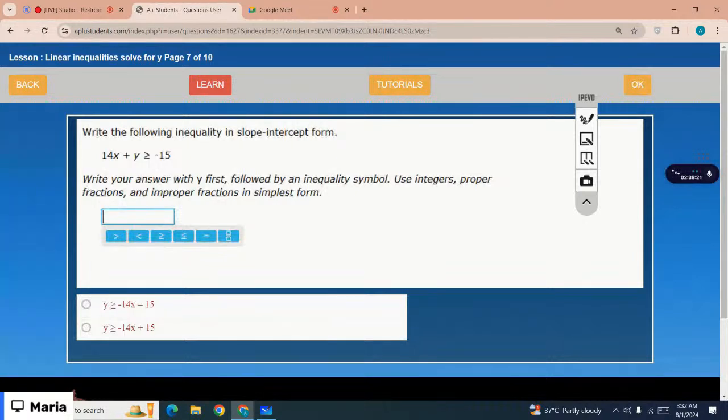Write the following inequality in slope intercept form. So which is the correct option? That is y is greater than or equal to negative 14x minus 15. Okay, you can complete the lesson by yourself later today. Let me just move on to the next lesson. Next lesson is